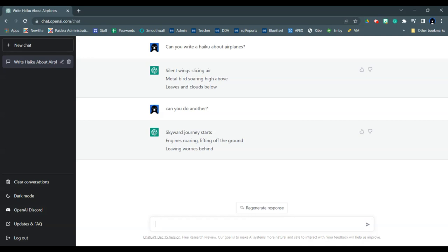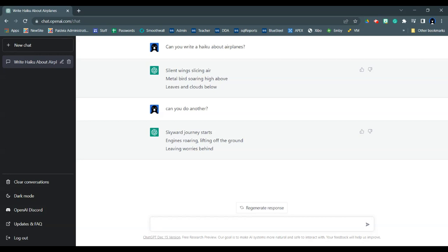A couple of things about the interface. So you're typing here and then it's going to type its response. I would strongly recommend, especially for factual type things, if you're interested in helping the AI get better, thumbs up or thumbs down the answers, depending on whether you find them to be good or bad. You can have multiple chats going at the same time. You just click the new chat button and each chat will appear here. So you can have multiple threads.